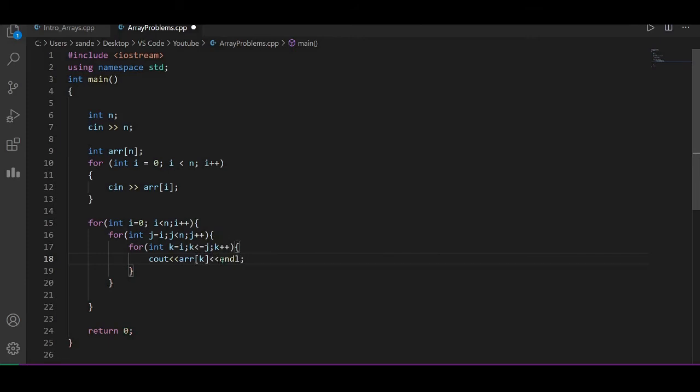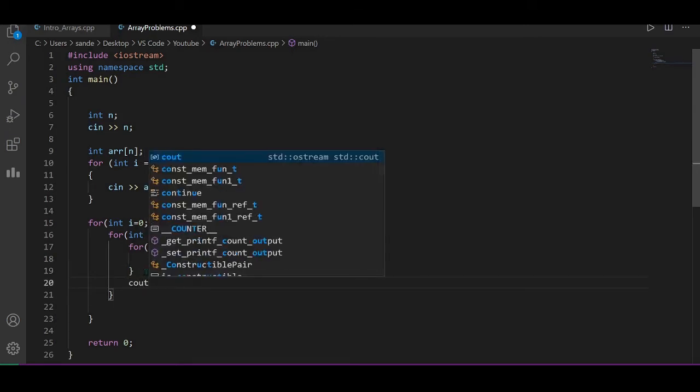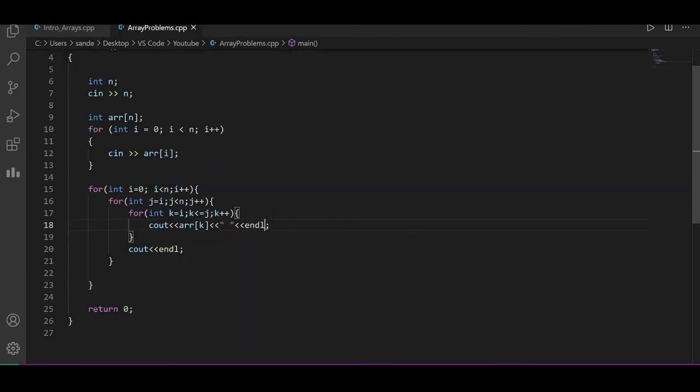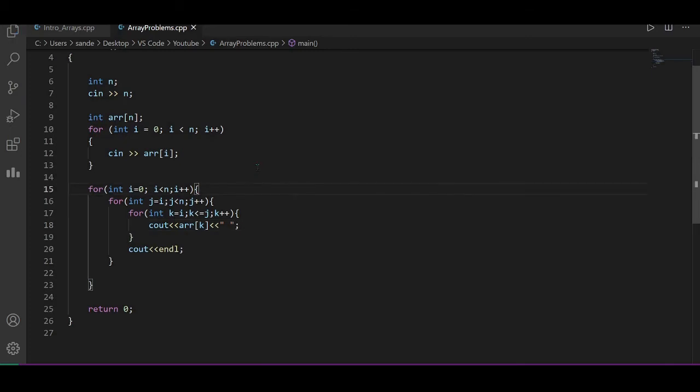We will give some space here also. And to separate them, we will also have an endl statement. Actually, we shouldn't give endl here, as it is not giving us a proper subarray in one line. Now let's save again.